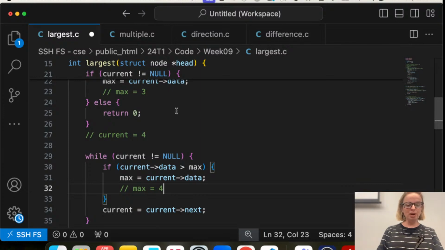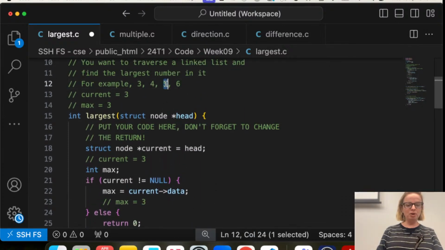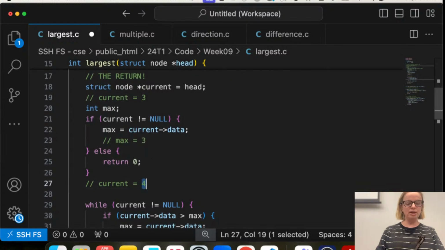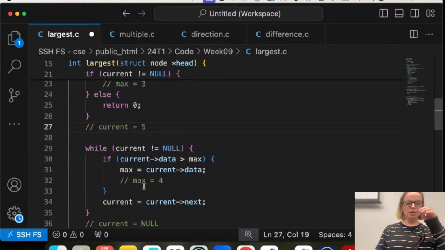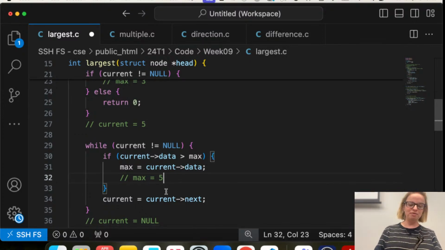Then I'm going to move my current along by 1. So that means I'm now at 4, and I'm going to move it on to 5, which is the next one over. I'm going to check, is current equal to null? No, it's not. Is 5 greater than max, and max is 4? Yes, it is. So I'm going to go into this if statement and change my max to 5.